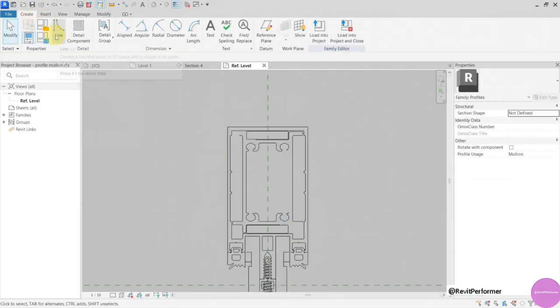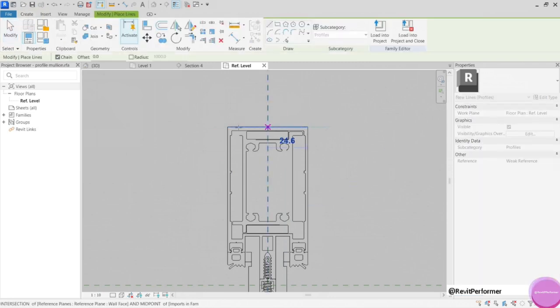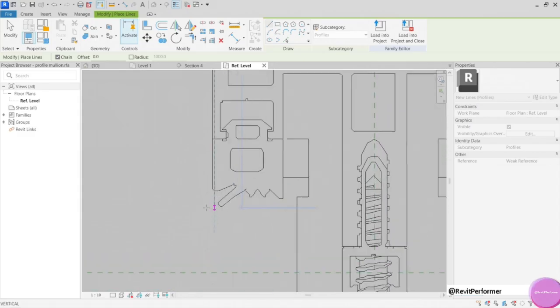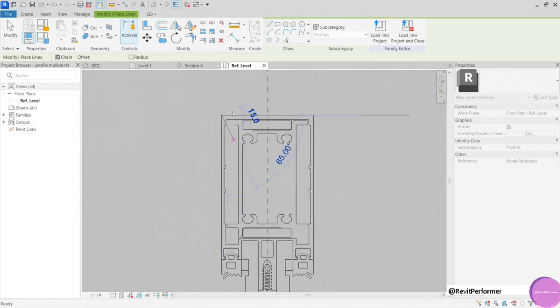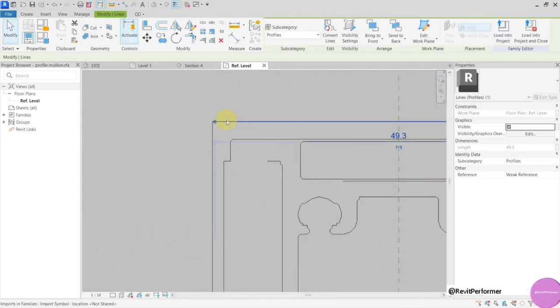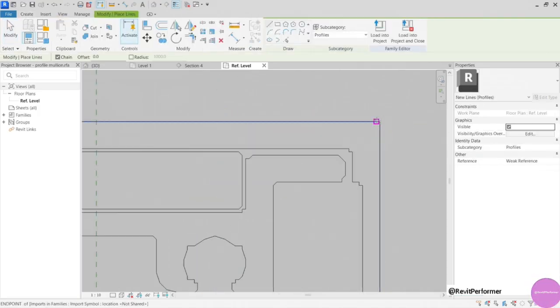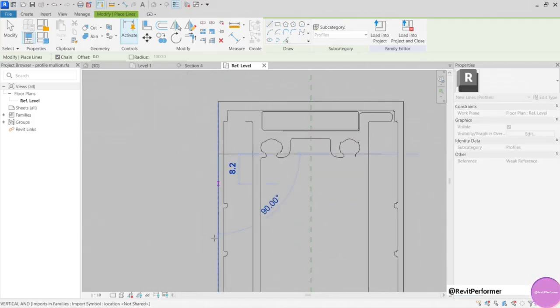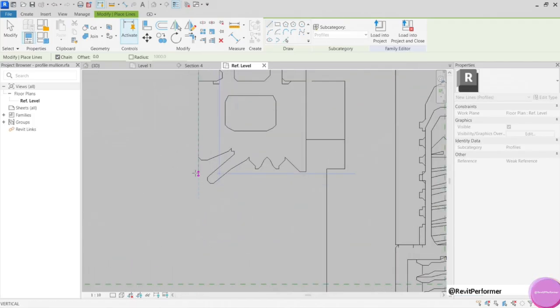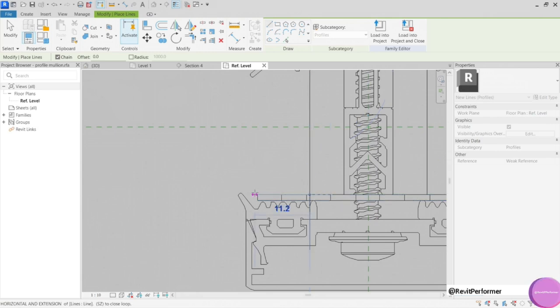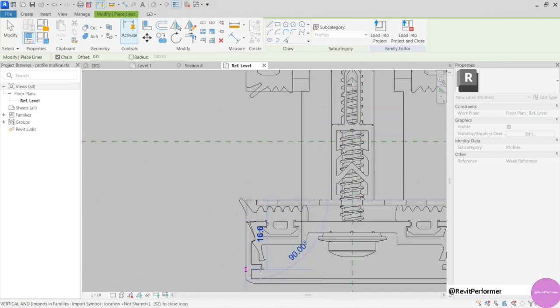So let's go to create a line. Let's say, okay, this is not good enough. And this should be, okay, it doesn't get my endpoints. So I'll go like this, let's say up to here.